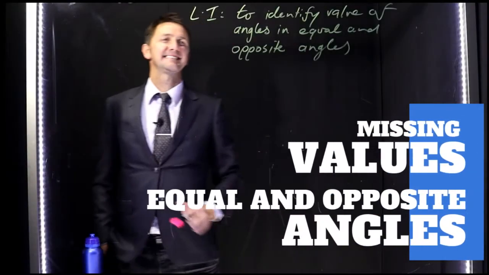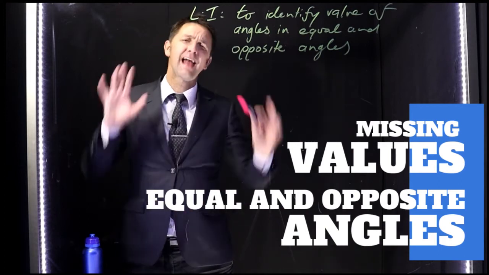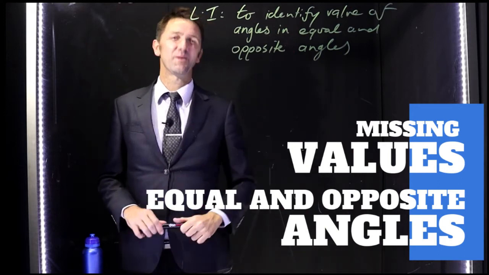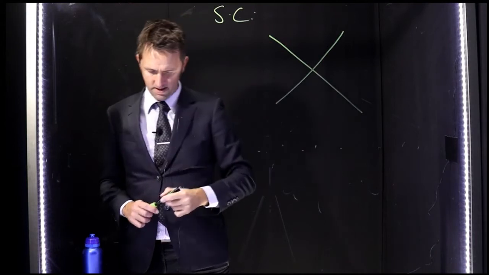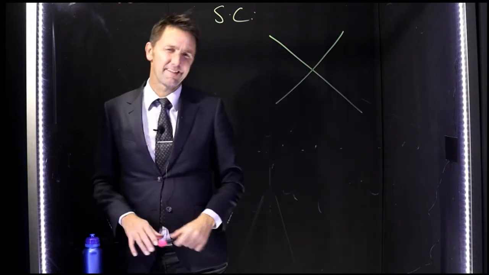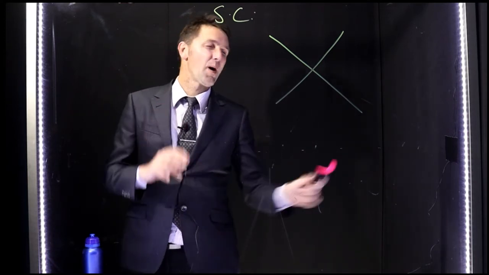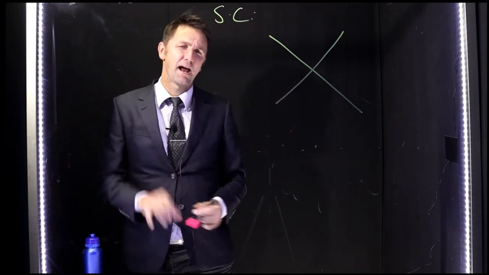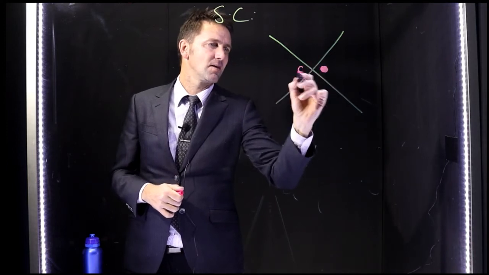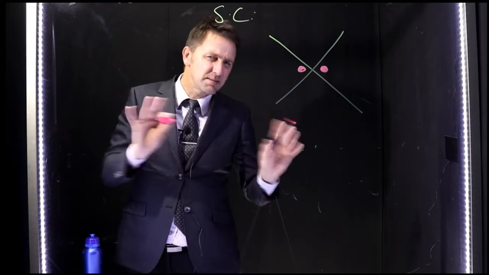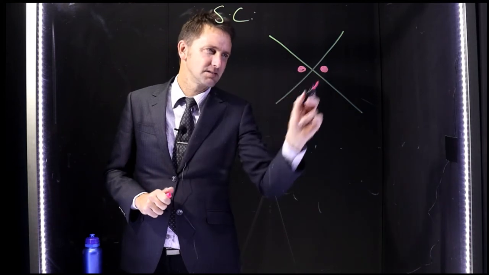Everyone, g'day guys. Today our learning intention is to identify the value of angles in equal and opposite angles. And equal is going to give the game away, I think. And our success criteria is understanding that when two straight lines like this intersect, they're going to make two pairs of equal and opposite angles, which means the value of this angle is the value of that angle,